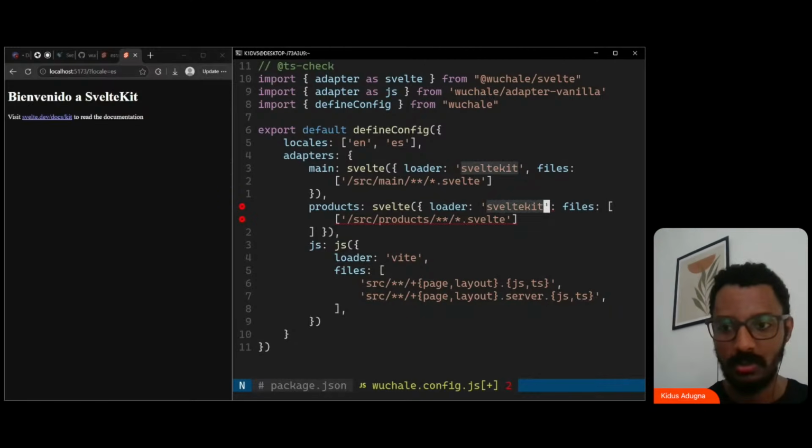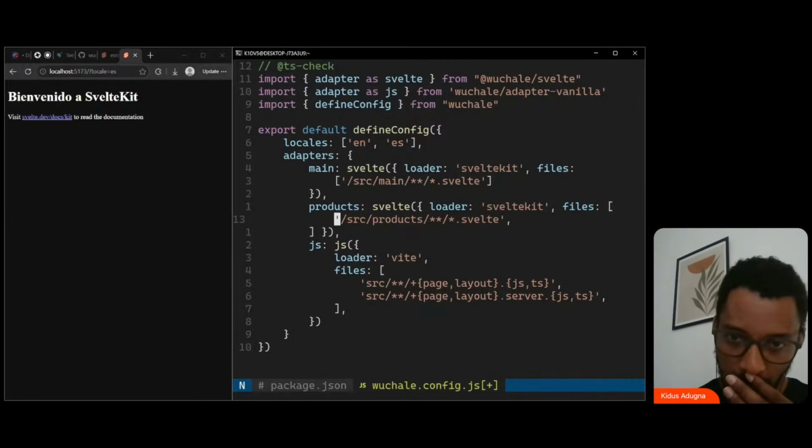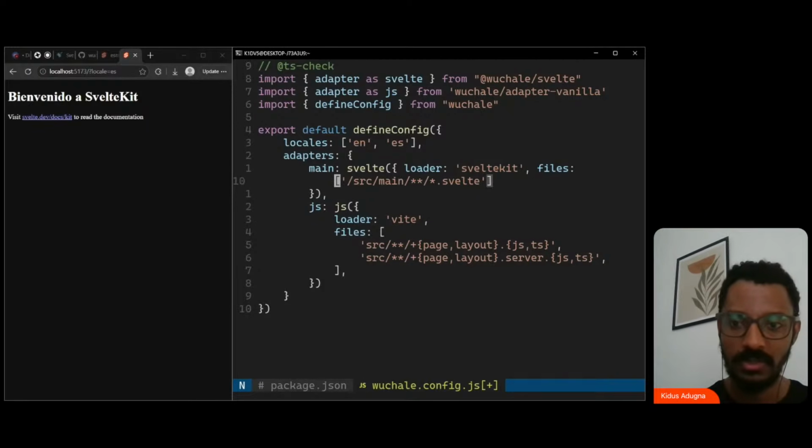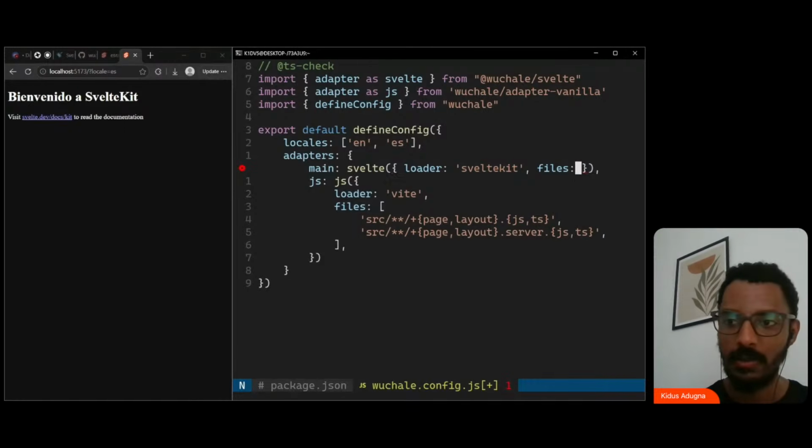We could partition our code base like this, right? Yeah, it's already an array, right? So we could partition our code base like this, or we could also put everything, all the responsibilities, to